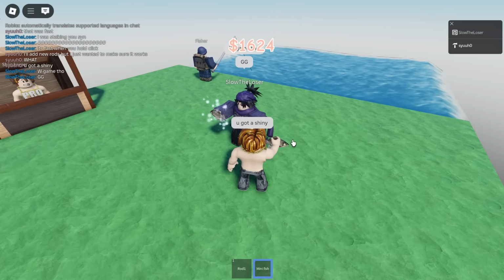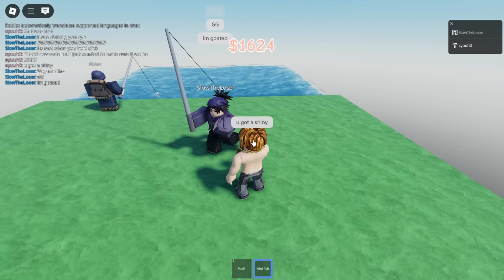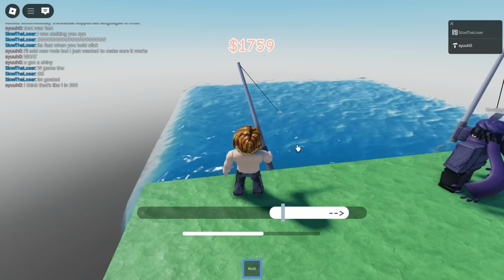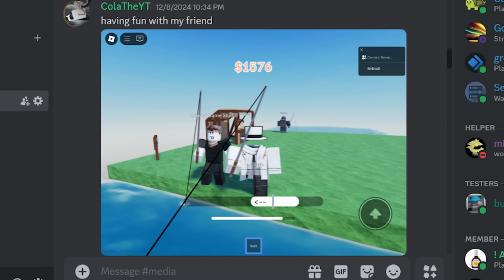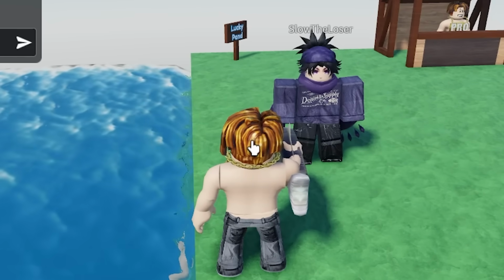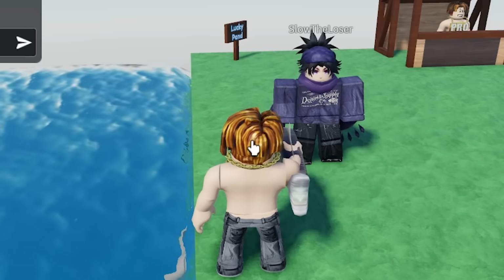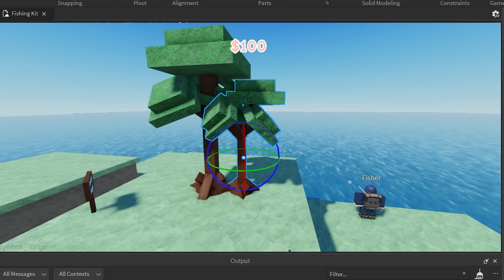And as soon as I joined, someone literally caught a shiny, which was 1 in 400. And then we fished together for a while, and I got off because I was waiting for all the testers to send in the bugs. And some of the testers got a little bit distracted, but I actually had a lot of bugs to work on. But yeah, working on bugs is boring, so I didn't record that, but I did record me building a